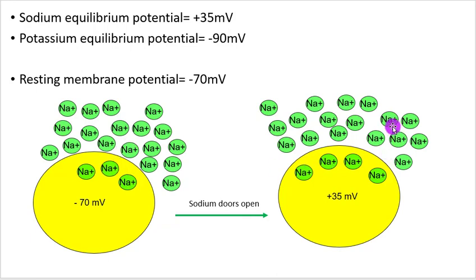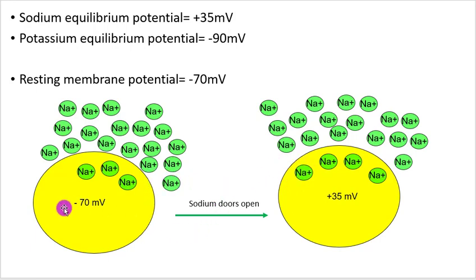What I want you to see then is that as sodium comes in, you're going to make that cell less and less negative. So imagine this: let's say 1 sodium comes in, and this negative 70, what will happen to it? Will it get less negative or more negative? Considering sodium has a positive charge, the thing's going to get less negative. And so as you let more and more sodium come in,